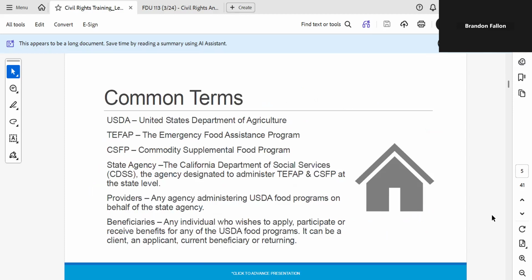Common terms: USDA, United States Department of Agriculture; TFAP, the Emergency Food Assistance Program; state agency, the California Department of Social Services agency designated to administer TFAP and CSFP at the state level. Providers, any agency administering USDA food programs on behalf of the state agency. Beneficiaries, any individual who wishes to apply, participate, or receive benefits for any of the USDA food programs. It can be a client, an applicant, current beneficiary,